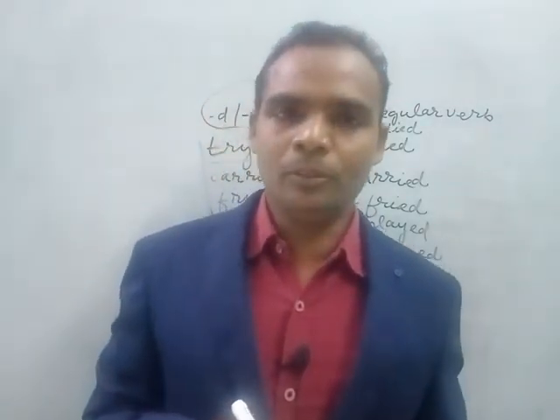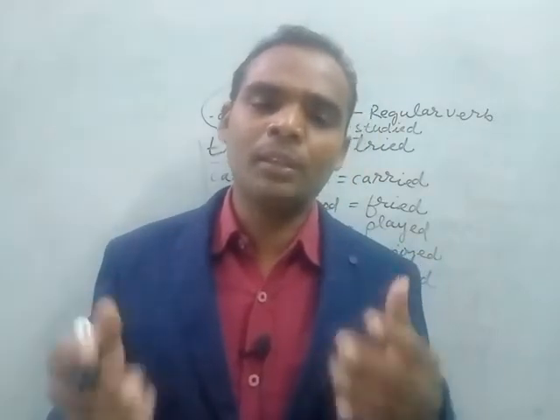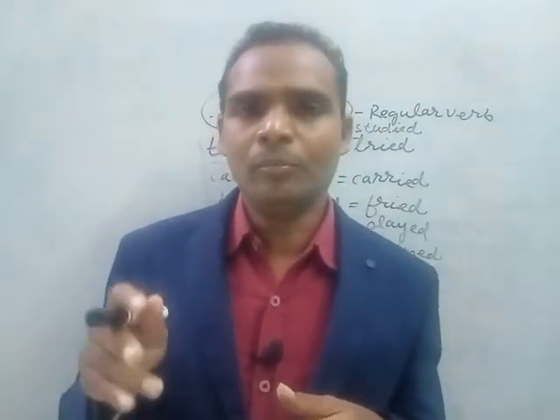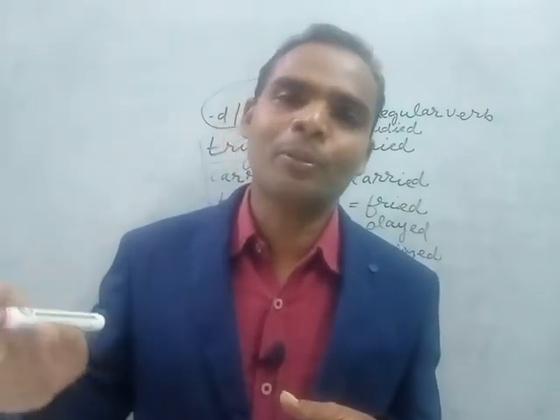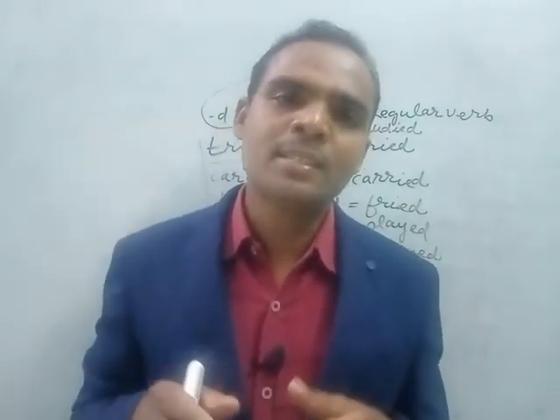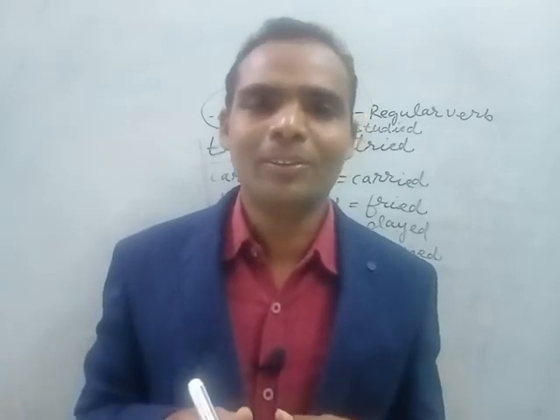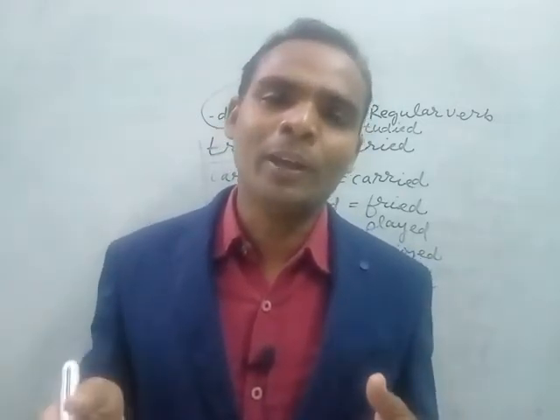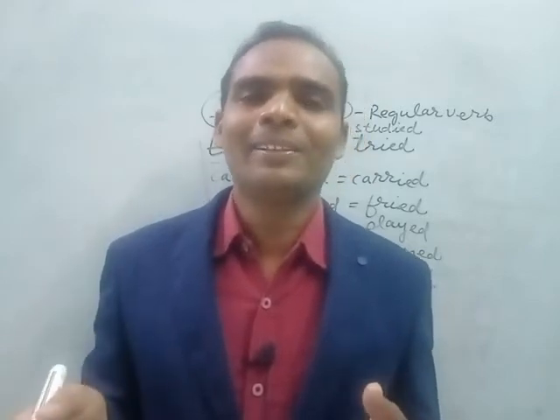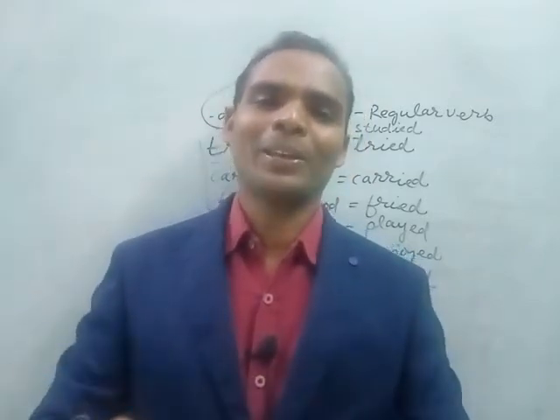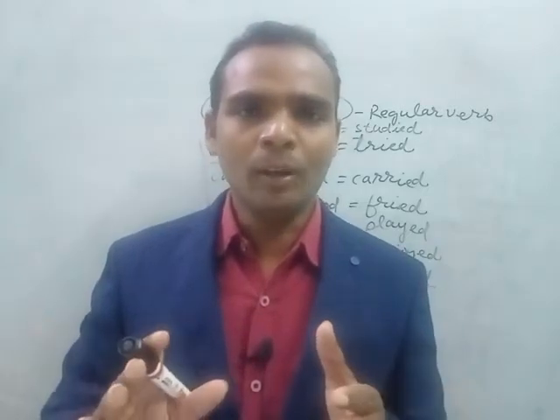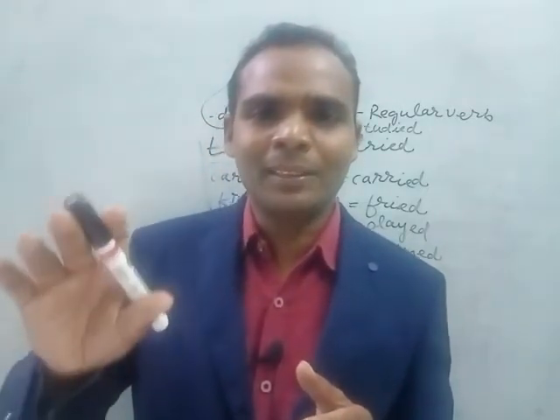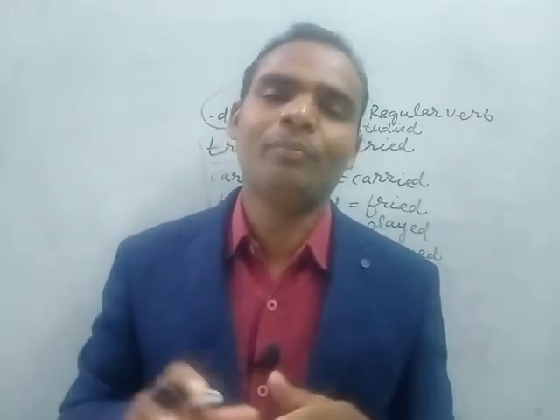Now I am giving type 3 of irregular verbs. That is, the second form of the verb and the third form of the verb are the same. Sell, sold, sold. Say, said, said. Buy, B-U-Y, buy, bought, bought. Second form of the verb and third form of the verb are the same. Clear now? In order to help you know them easily, I have categorized irregular